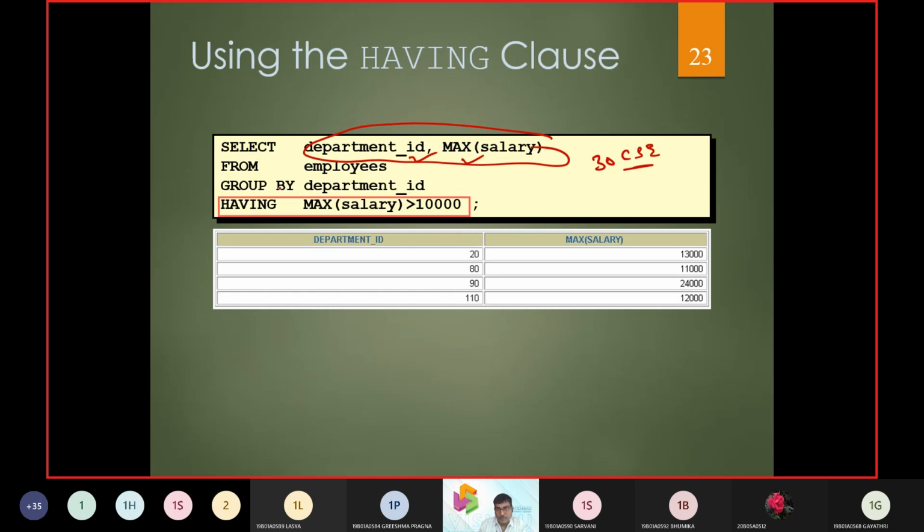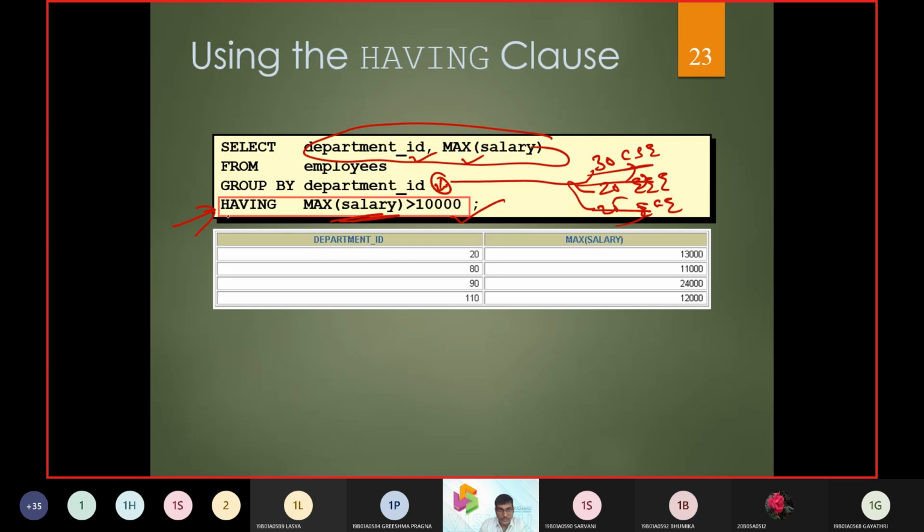Group by department ID. 20 employees are there in EEE, 25 employees are there in EC. Now I made group by department: CSC as a group, EEE as a group, EC as a group. This is for the first part. What is the second part? HAVING max salary is greater than 10,000.